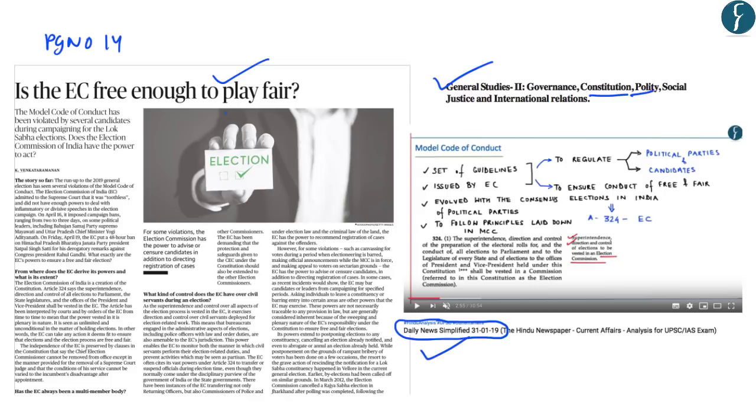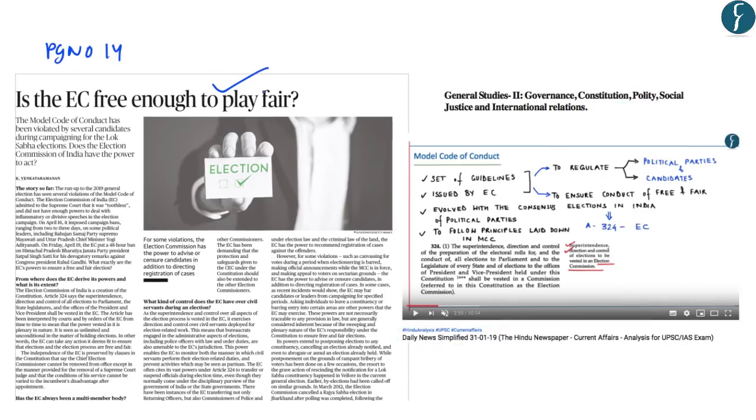Court that it was toothless and did not have the power to disqualify a candidate and the political party who are involved in election malpractices, and did not have enough powers to deal with the inflammatory or divisive speeches in the election campaign. However, after this admission in the Supreme Court, the Election Commission banned various leaders who are involved in inflammatory speeches. So this will form a part of the General Studies paper 2 under the topic Indian Polity